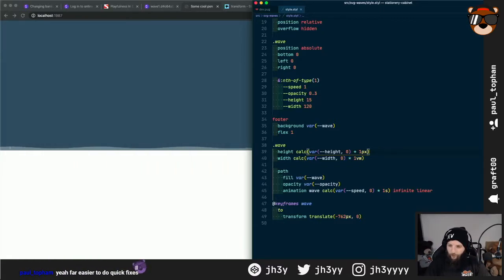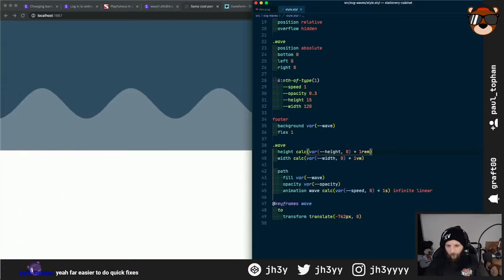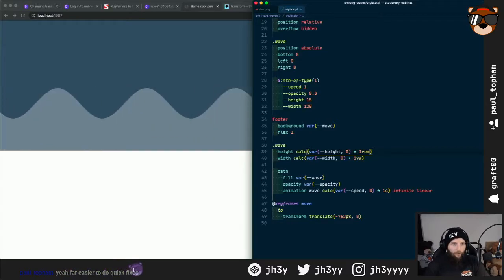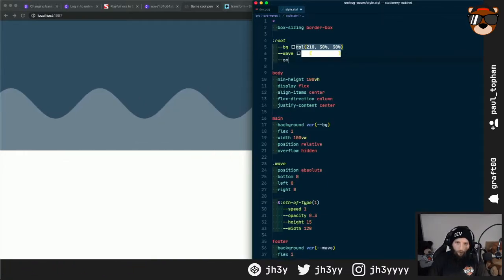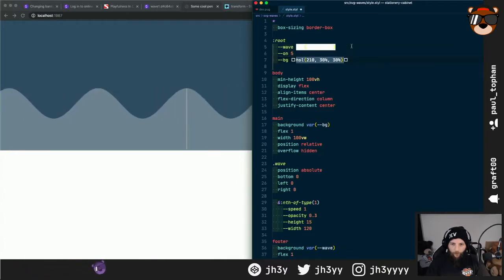Trying to think of other uses for it. It's pretty good when you want to do on-off switches, which Niall was talking about earlier, which is something I like doing for dark modes and stuff. So if I wanted to do a dark mode on this, I could do an on. One thing I use a lot of is something like on 5, and then I might say, do you know what, my background is